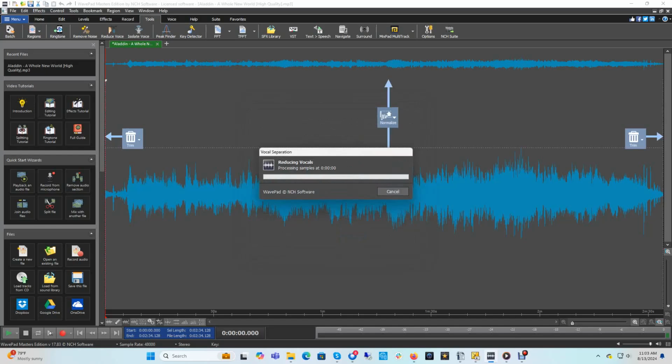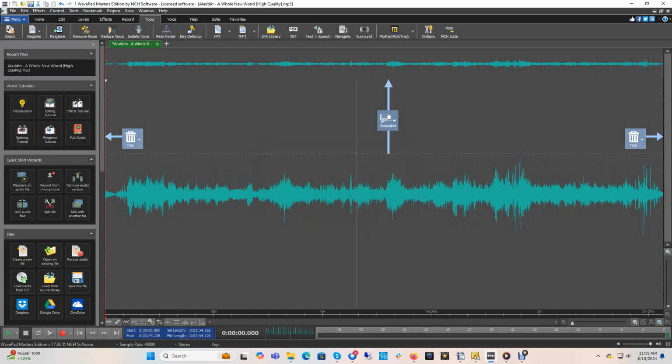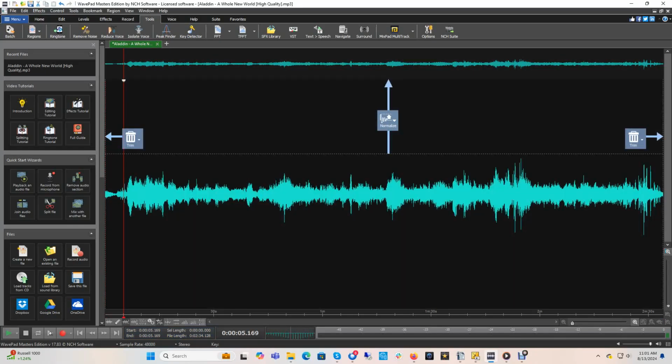Once you have chosen your preferred reduction option, click on Apply and WavePad will process the audio using our AI, or machine learning, voice reduction feature. You can now play your song and sing along or save the voice reduced track in your preferred format for